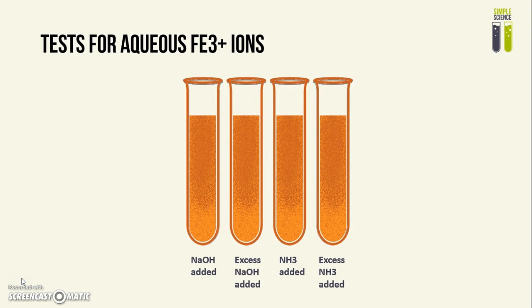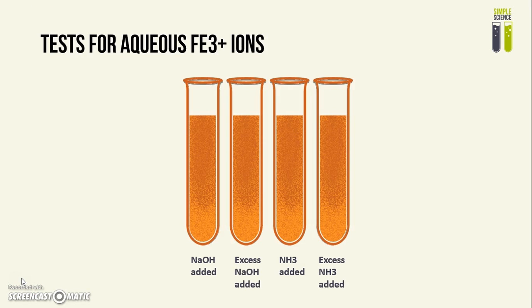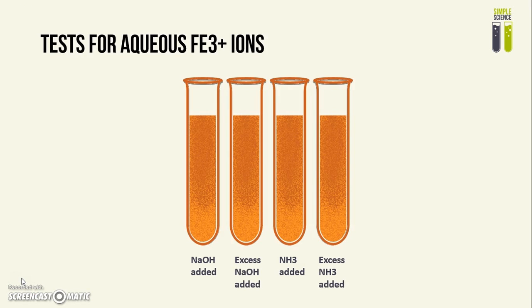For iron 3+ ions, red-brown precipitate forms when you add sodium hydroxide to it, and it is insoluble in excess sodium hydroxide. When you add aqueous ammonia to this, red-brown precipitate will also form, but it is also insoluble in